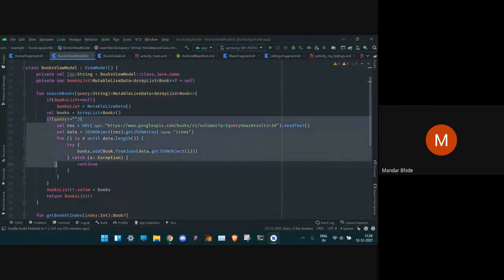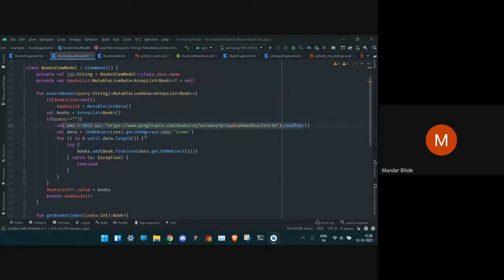But for this activity, we have checked the query. If the query is not empty, made the request to API, received the response and passed the response to proper class like this method from JSON. And at the end, we have assigned that variable to the value of our listenable variable.